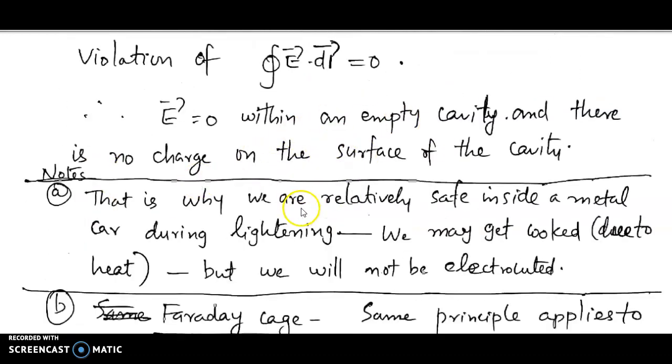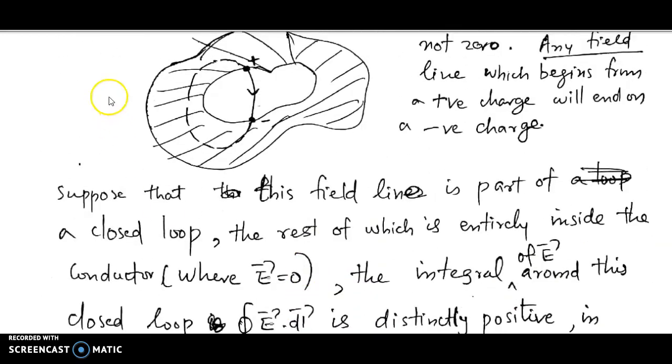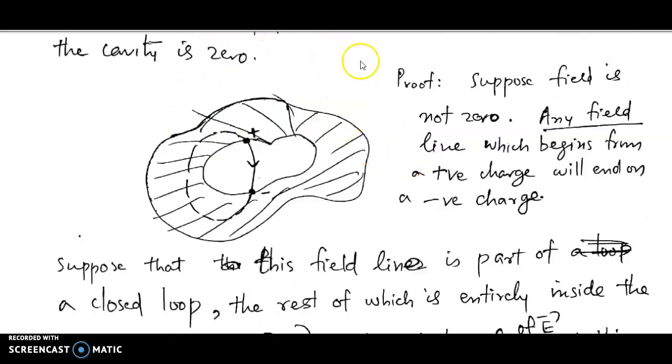Now this explains why we are relatively safe inside a metal car during thunderstorms, during lightning. So during lightning, if you are inside a car, we are actually inside a conductor. Inside of the car is the cavity. This is the metal cage of the car. Now the lightning will be actually producing